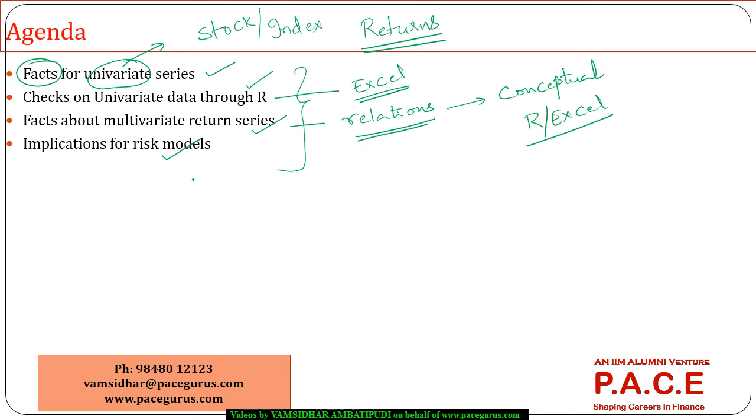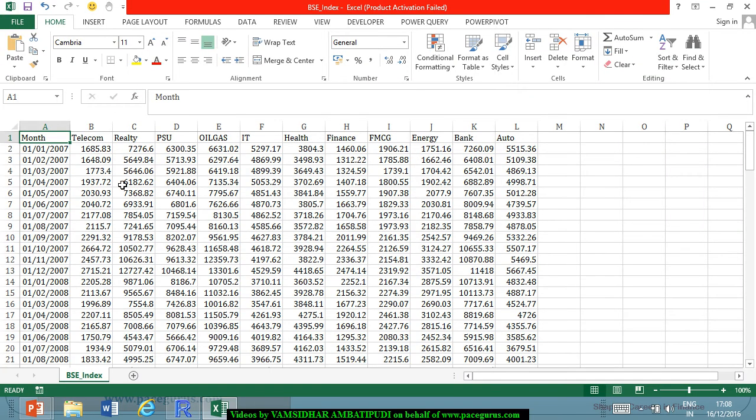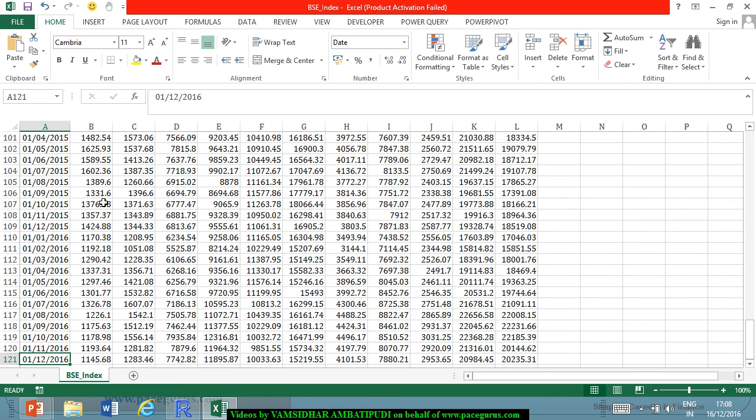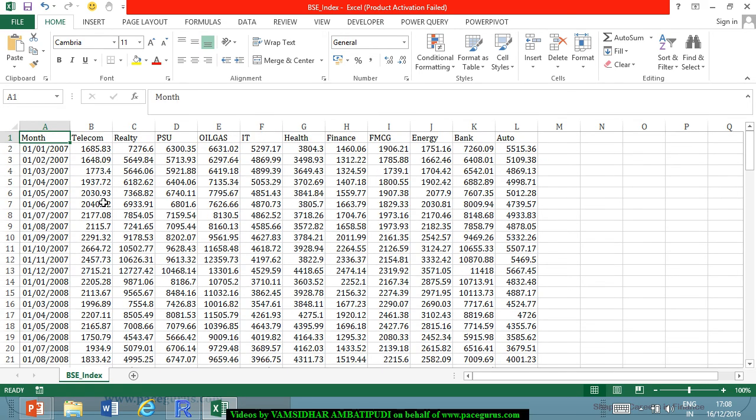And just to give you an idea, whatever I'm talking about as a data set here, this is the data set I'm talking about. This is a monthly data right from January 2007 till December 2016. So this is the data that we are talking of, and I have taken the index values associated with all